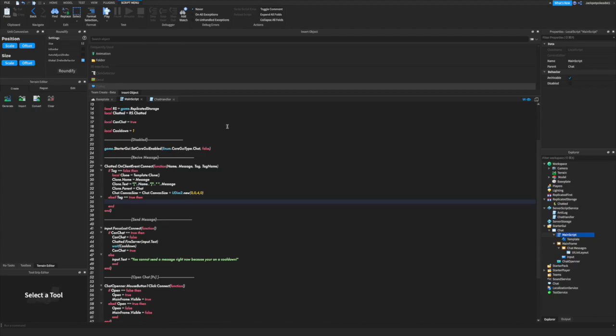And in the local script named main script, you're gonna go to the receive message part, and you're gonna go to the function and you'll see name and message. Put a comma, put tag, then comma again, and put tag name, and then you're gonna write an if statement and say if tag is equal to false, then the original one, and then underneath all of those type else if tag is equal to true, then